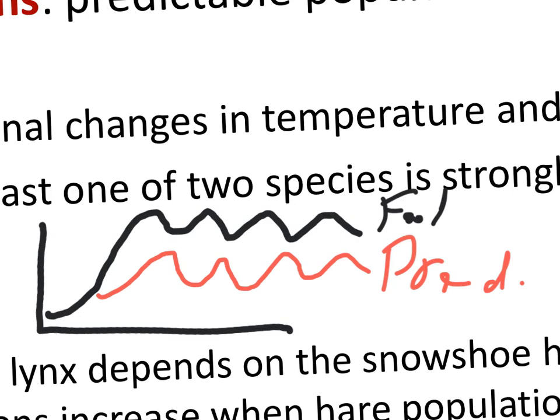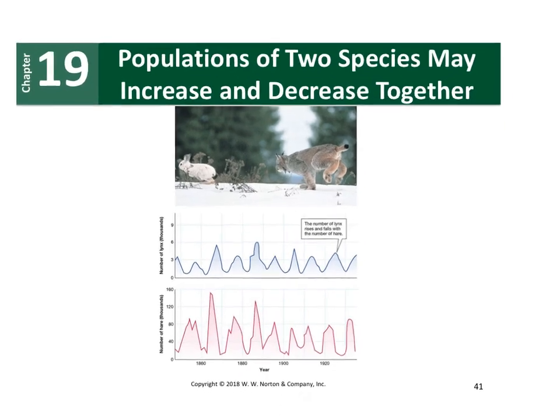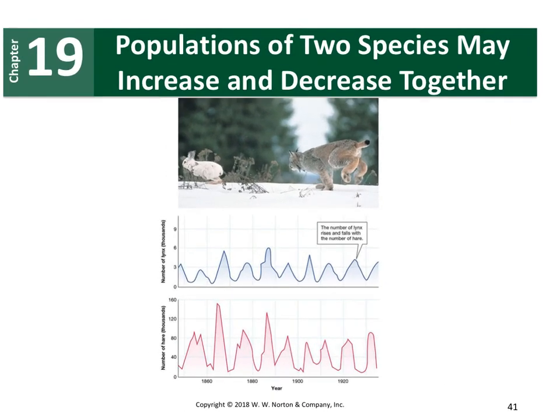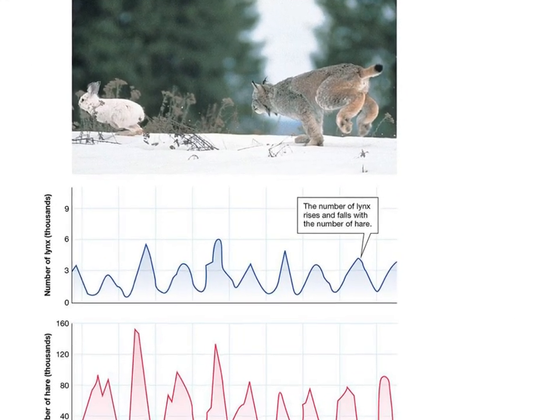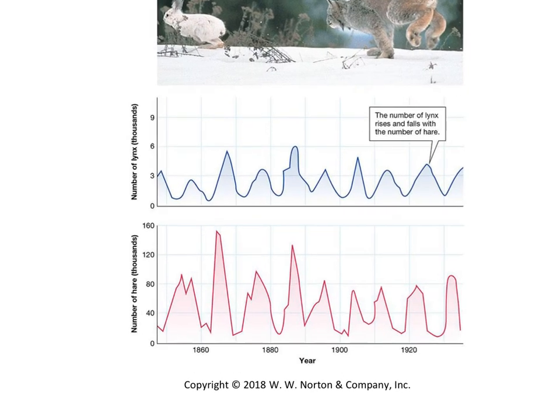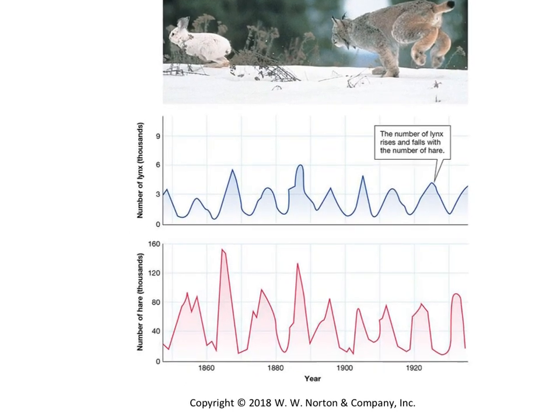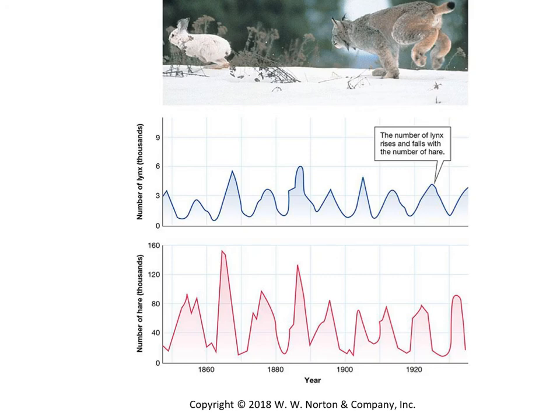As the prey grows, it takes a little while, and the predator starts to grow too. When the predator gets so high that the prey starts to decline, the predator also declines because there isn't enough food. So a really good example of this is lynx and snowshoe hare. And lynx are obviously the predators, the hare are the prey. Here's the number of lynx, and then here's the actual number of hare. And you see that there's a correspondence.